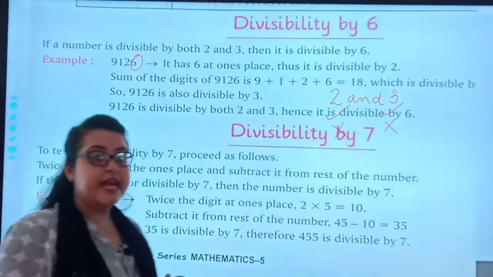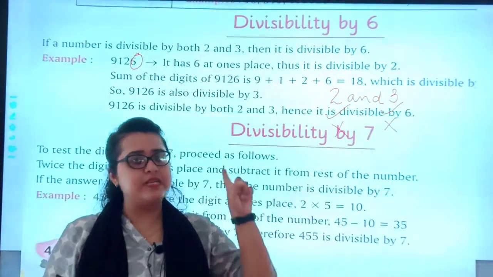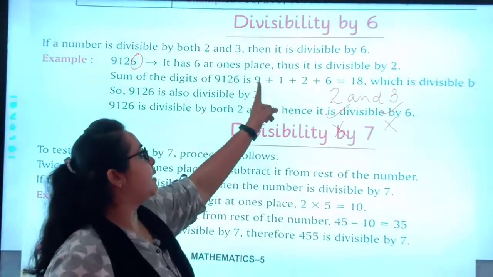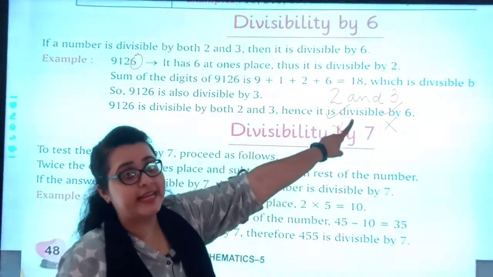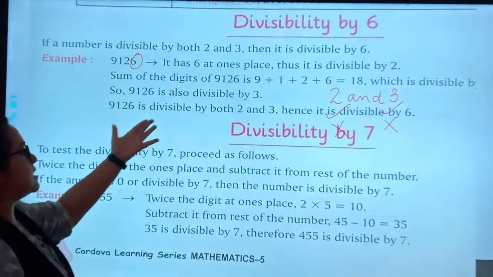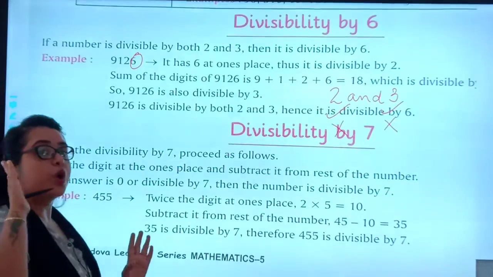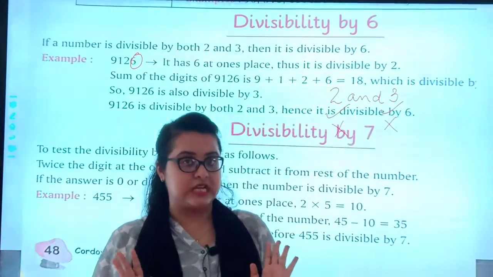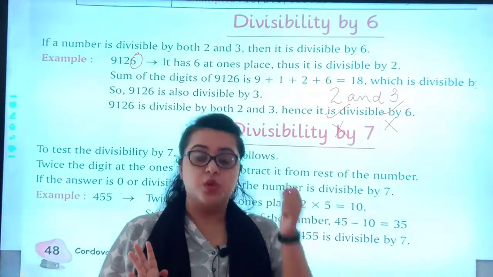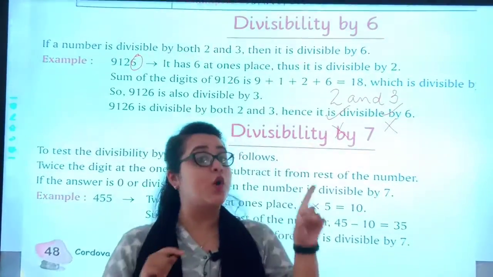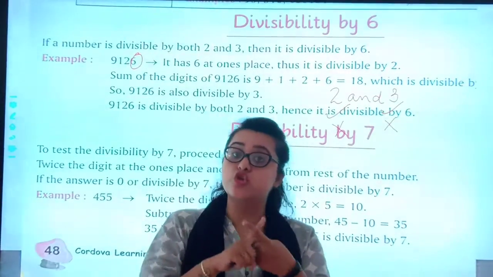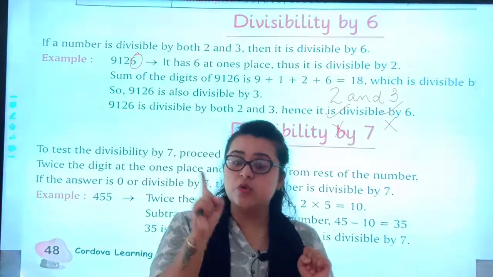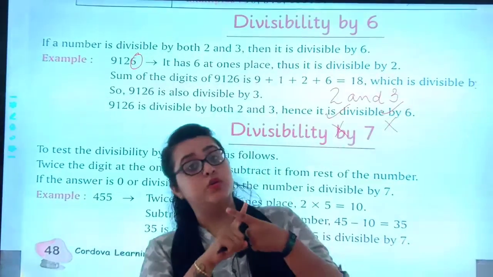So I can say that the number is divisible by 2. Now when I come to the addition, 9 plus 1 plus 2 plus 6 comes to 18. So I can say that this number is divisible. 2 और 3 दोनों का divisible होगा, then it can be divisible of 6. Okay students, you have to check. अगर 2 ने no बोला और 3 ने yes बोला, then it's also no. They both should agree. If anyone says no, then the divisibility will be wrong.